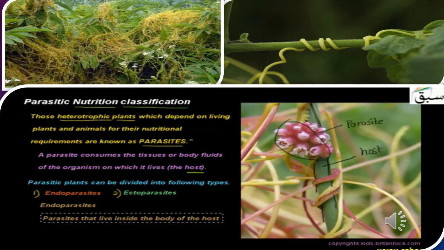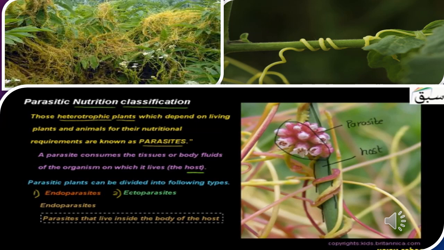So children, again a few examples of parasitic plants are given here. Can you see the three different types of parasitic plants I have given? In the last part of the picture, you can see a marking of which is the parasite and which is the host. The slender green plant is actually the host, which is going to provide the nutrition for the